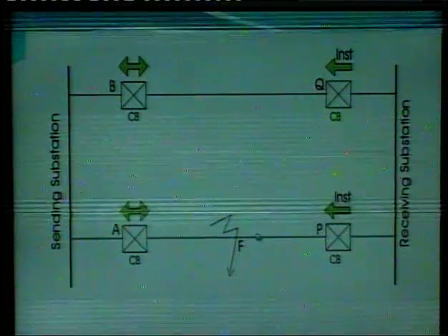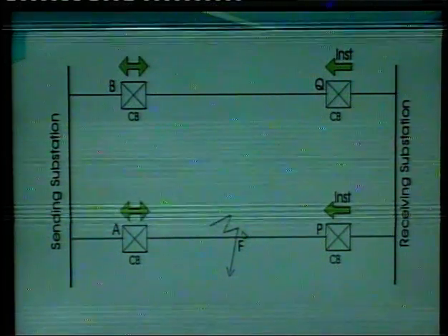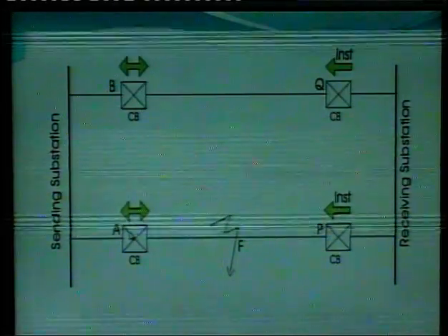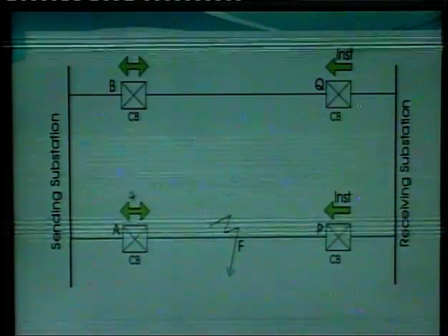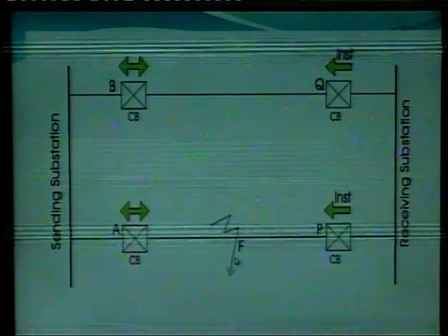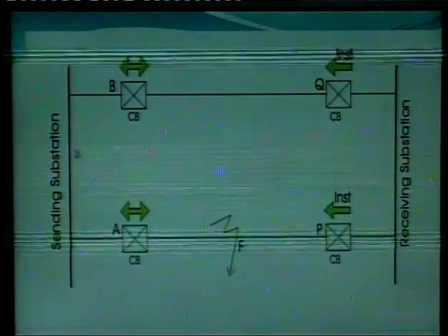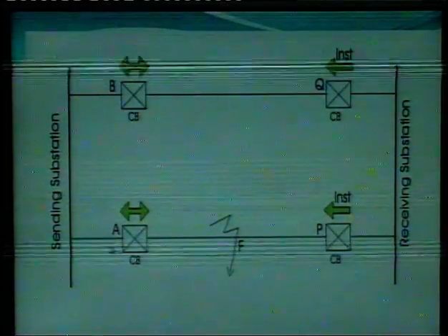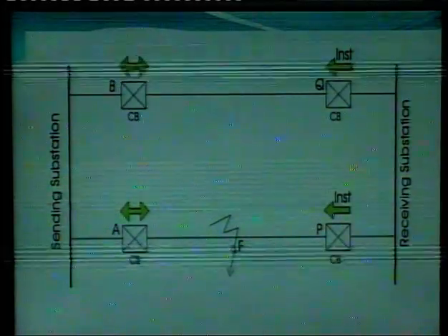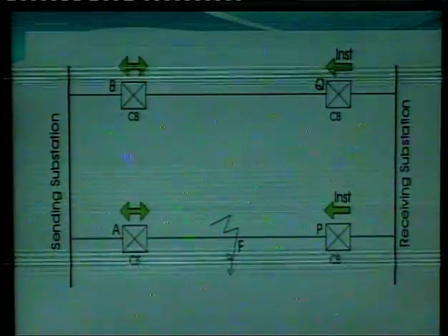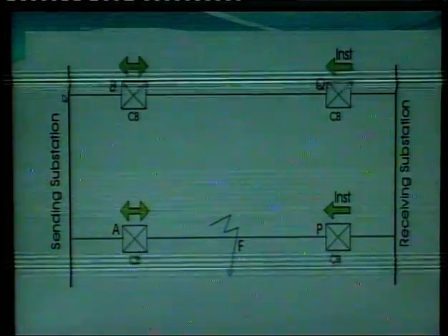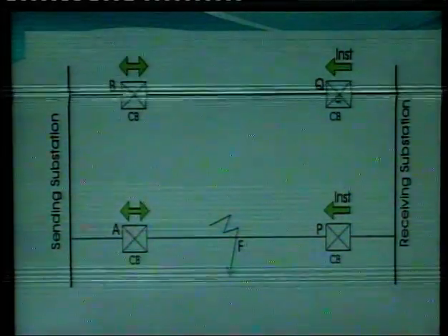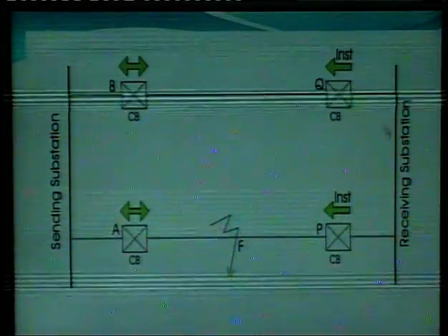Now first is, this fault is fed by two ways. First is, it is fed by this circuit breaker A, which means the current will flow from the sending substation via this circuit breaker A to the fault point F. Now what is the second way? The second way is, the fault is fed via circuit breaker B, then the circuit breaker Q, and then the circuit